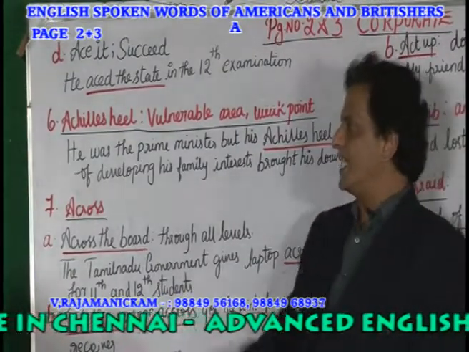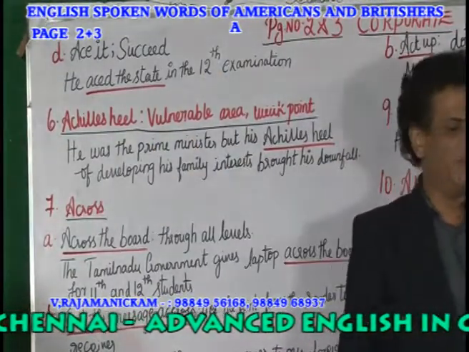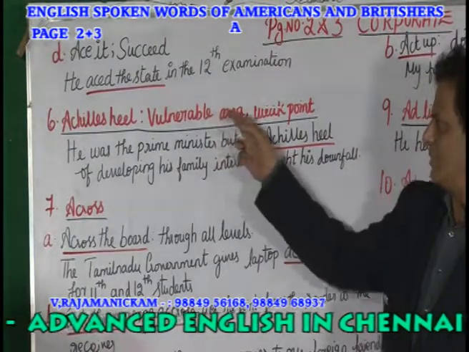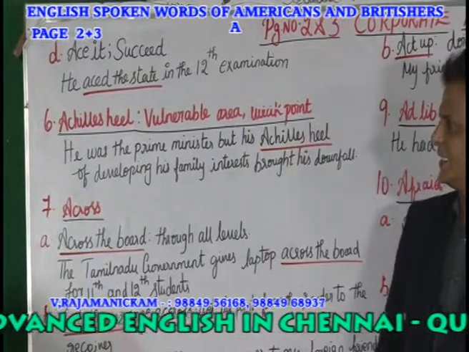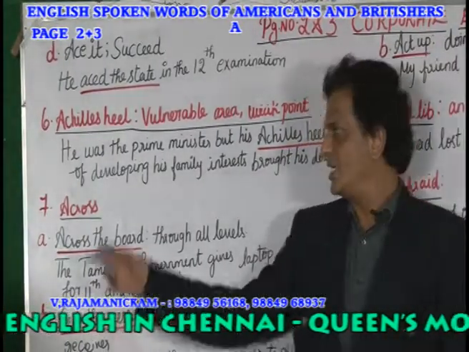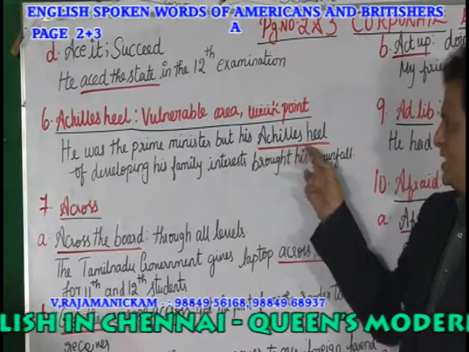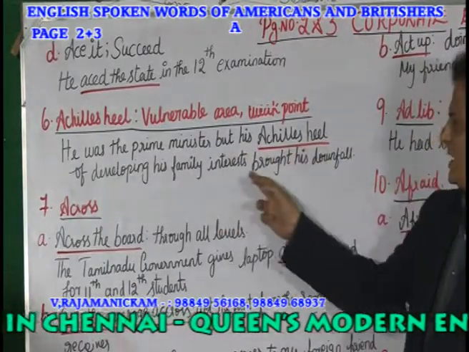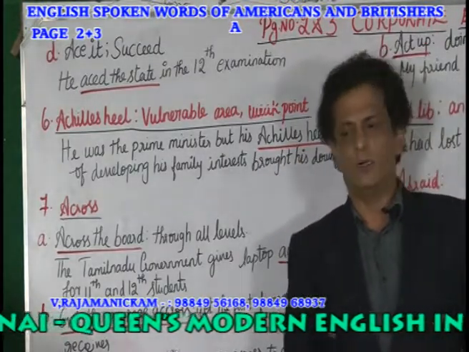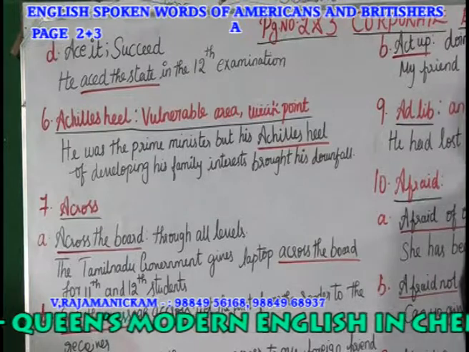So next here, Achilles heel, very important word. What do you mean by Achilles heel, sir? Vulnerable area, a weak point, right? Achilles heel. So here, he was the prime minister, but his Achilles heel of developing his family interest brought his downfall. So Achilles heel means, what do you mean by that? It means